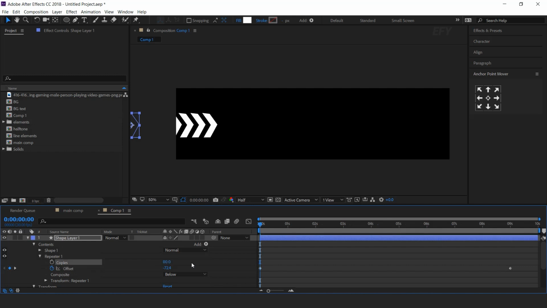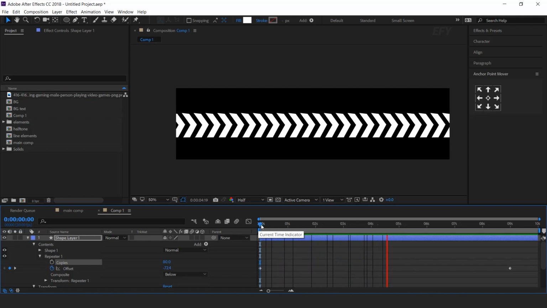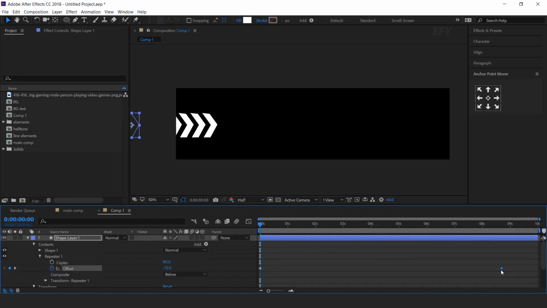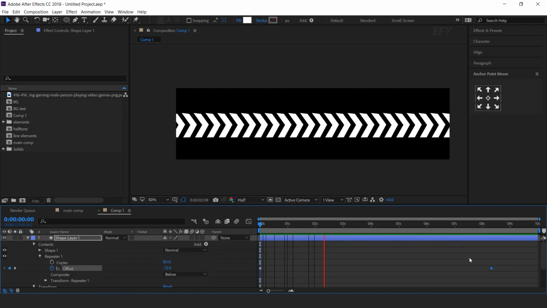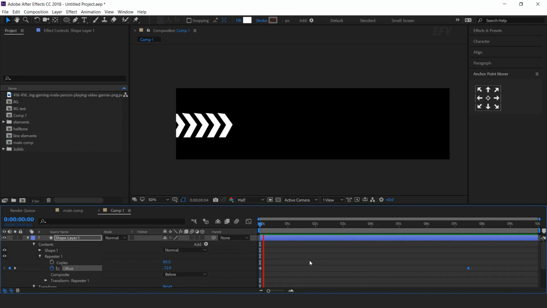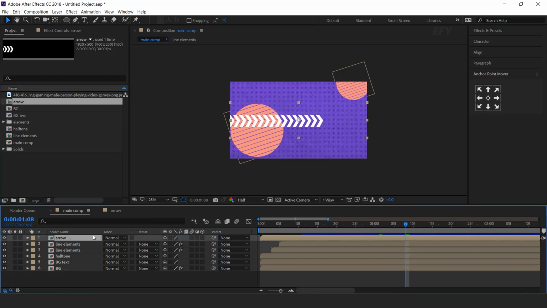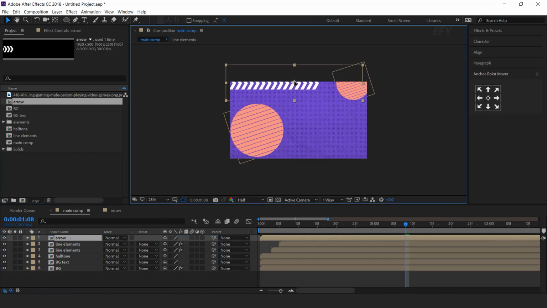And number of copies 80. You can adjust the last keyframe to increase and decrease the speed. Cool. Go back to main comp, and drag arrow comp into the timeline, and adjust top side of the comp,